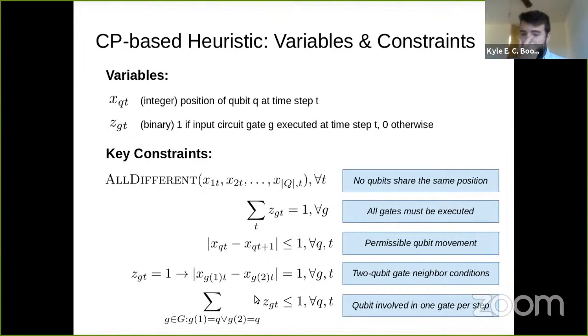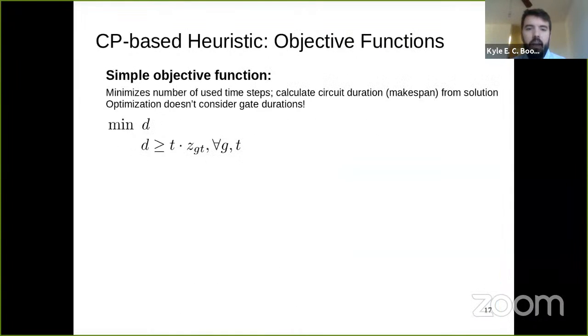And then finally, we have the condition that a given qubit can only be involved in at most 1 gate per time step. So we can't use that qubit more than once for a given time step. We explore 2 different objective functions. So you can imagine we're doing a backtracking optimization search, and we're going to try 2 different objective functions for